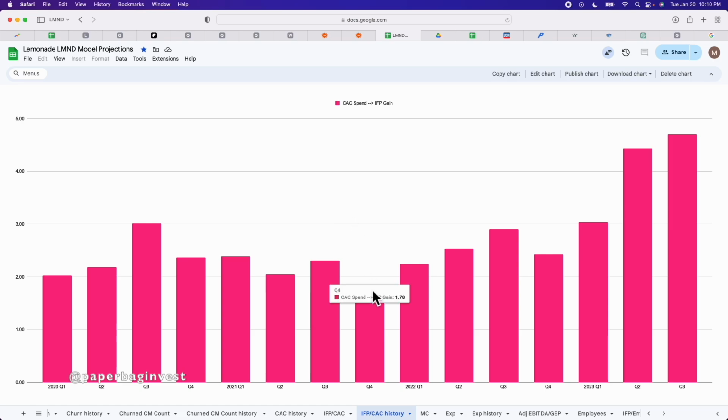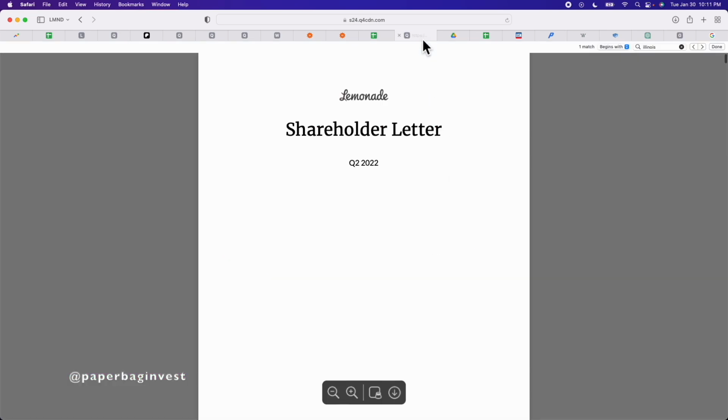But it's incredible because Lemonade can serve these customers and get anywhere from a 2x ratio up to 3x, maybe even starting to get into a 4x ratio. And you'll notice this trend really starts to take off around Q2 of 2022. And that was an interesting time because if we flip back to the letter for Q2 2022